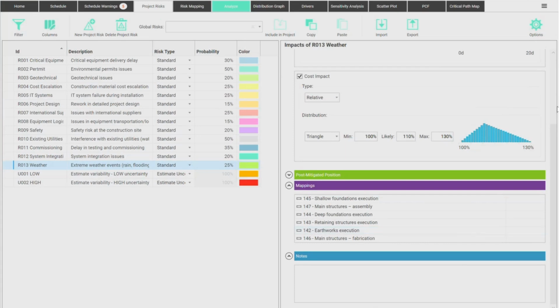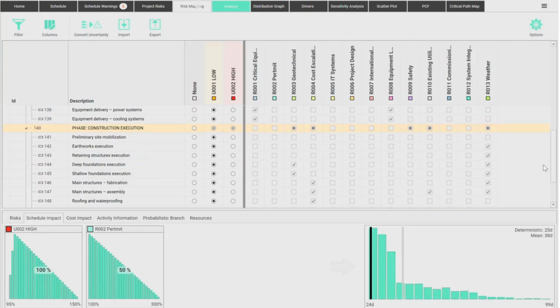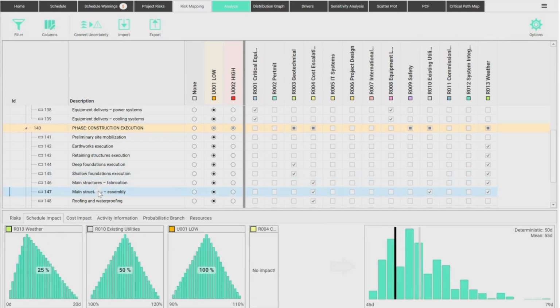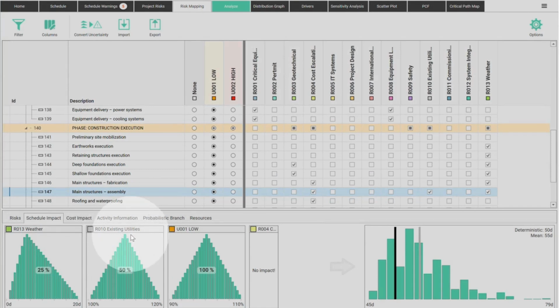So it's independent. So here in the risk mapping, many different tasks are impacted by this risk. If you look here, structures assembly, for example, is affected by weather. It's affected by existing utilities. You may have problems concerning existing utilities, like a pipeline or something.